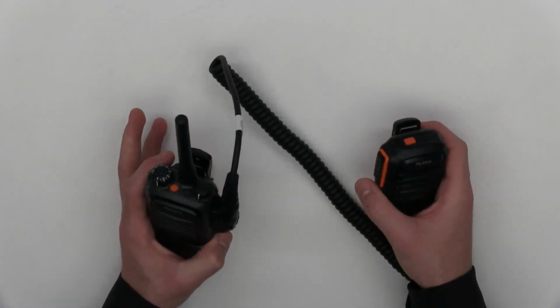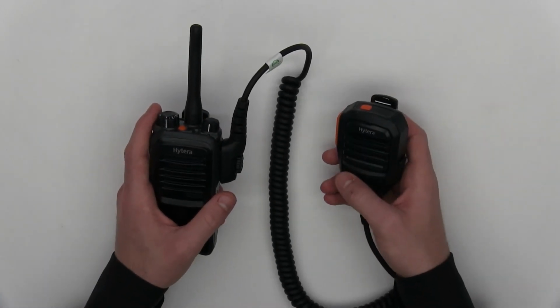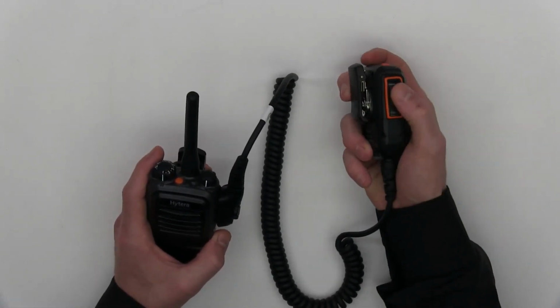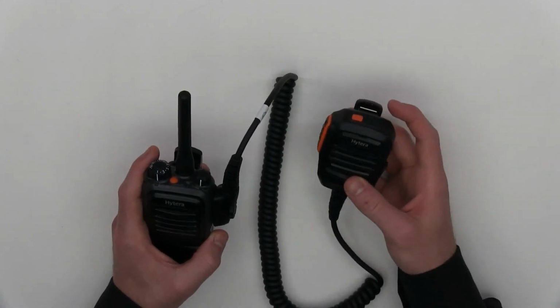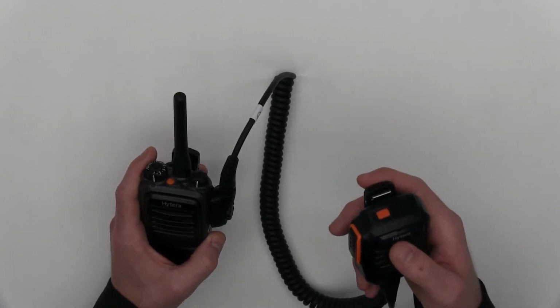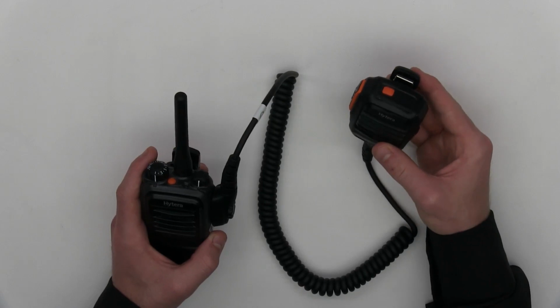You can send transmissions out using your remote speaker microphone rather than your radio itself when you are wanting to do that, and that is by using the PTT button that is there, or it is Vox compatible, so you can just activate the transmissions through just simply talking. There is also the programmable button that is on the top there. That is usually used